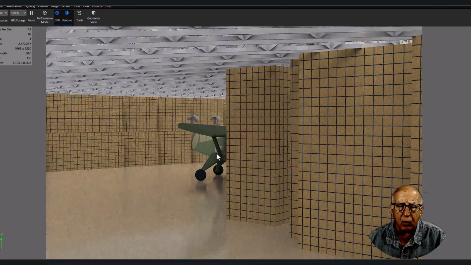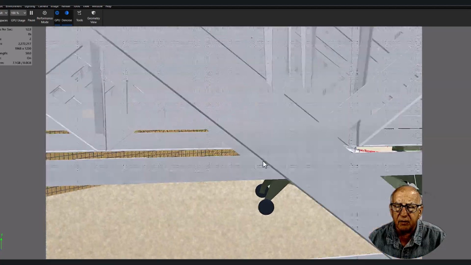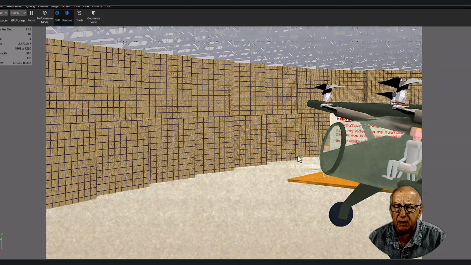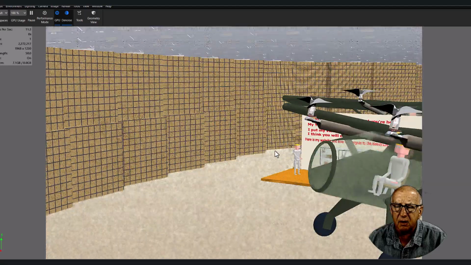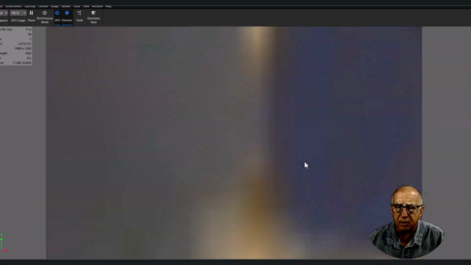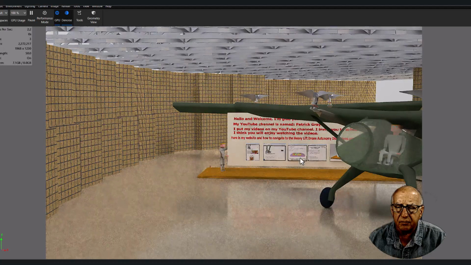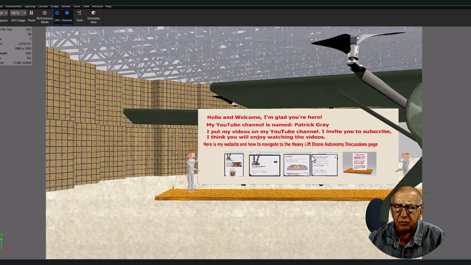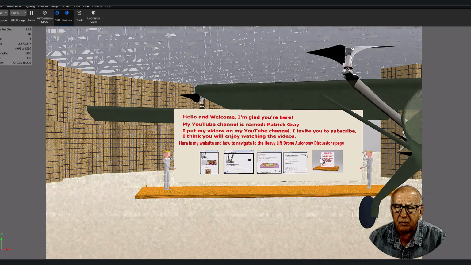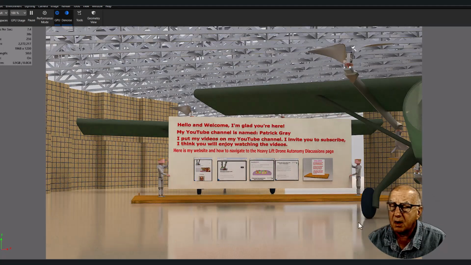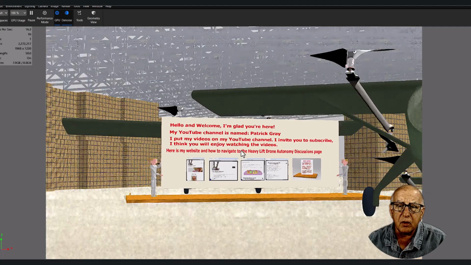I'm working through this by getting inside of Keyshot, so it takes a little while to navigate in here where you don't get lost in the trusses up there.